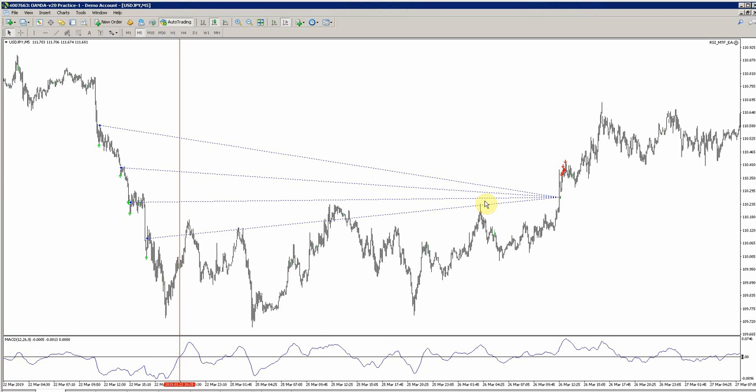So this is the demo account that I'm running this EA on as a test, and I'm going to show you a few examples. So this was one back on the 22nd of March on the USD JPY 5-minute chart. I trade, I think, 7 pairs on the 5-minute chart with this system. And as you can see here, the EA opened 1, 2, 3,